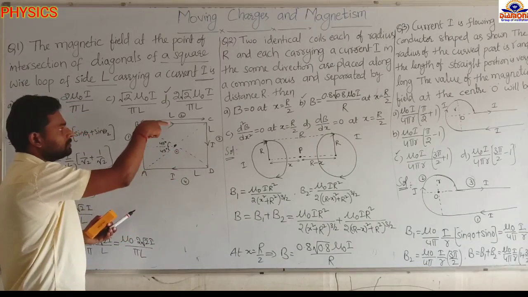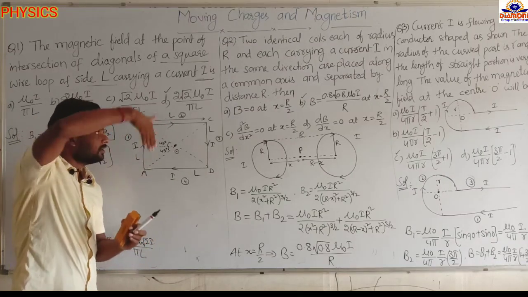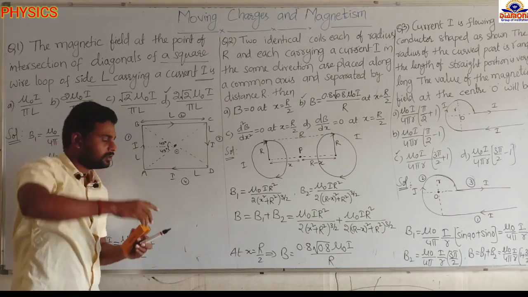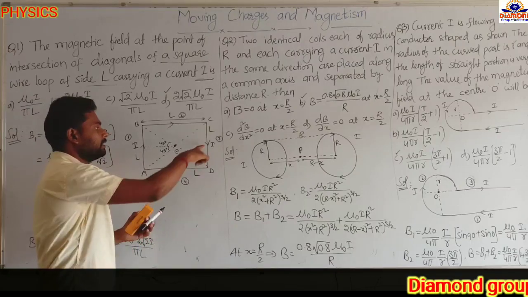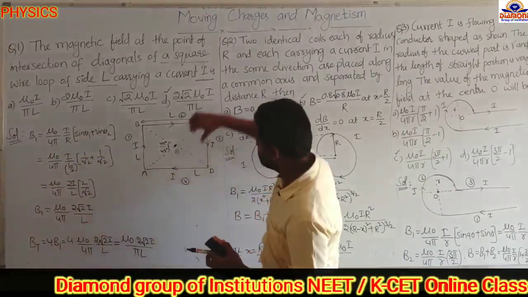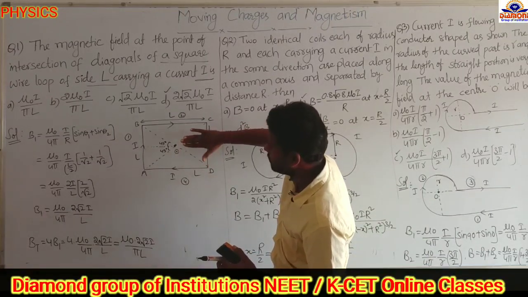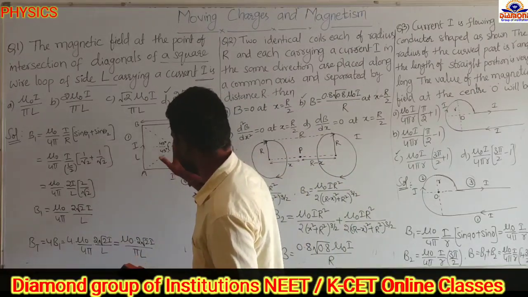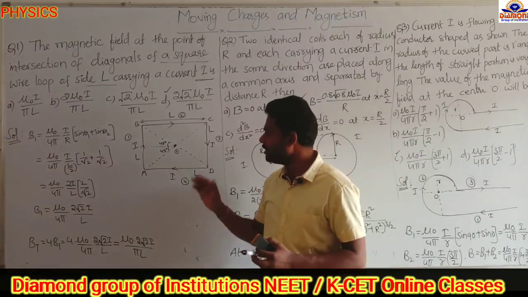In the same way, my current is going in this direction, so keep the thumb in that direction, and stretch the fingers to the side where we have to find the magnetic field. The palm is showing inside. Here also the magnetic field due to this wire is inside only. Here, the current is going downside, so stretch the fingers toward the point where we have to find the magnetic field; the palm is showing the magnetic field inside. And for this also, the magnetic field is inside. So due to the 4 wires we are getting the magnetic field in the inward direction only.